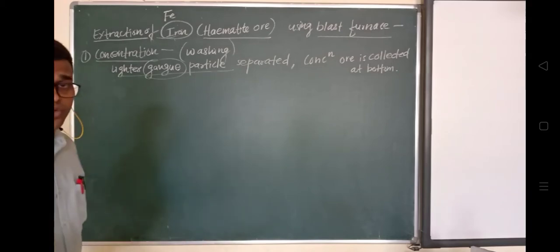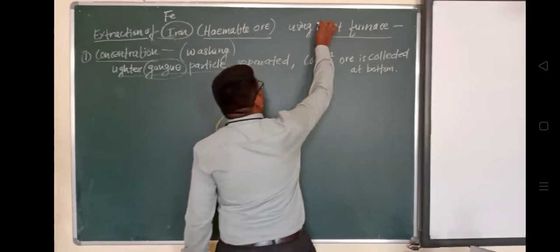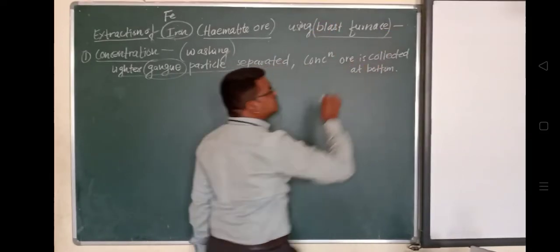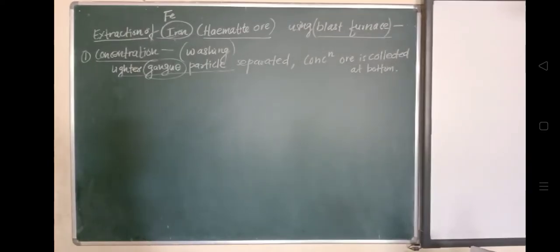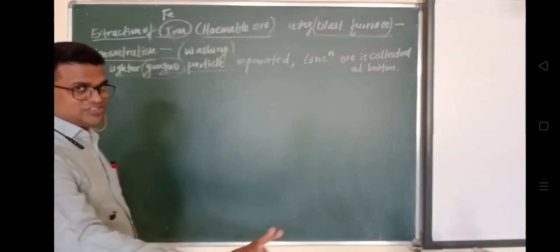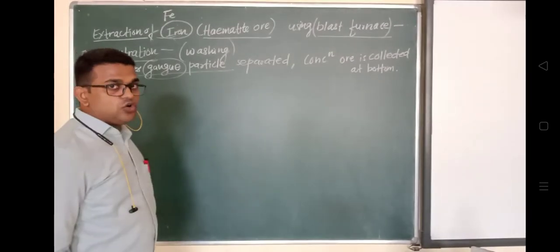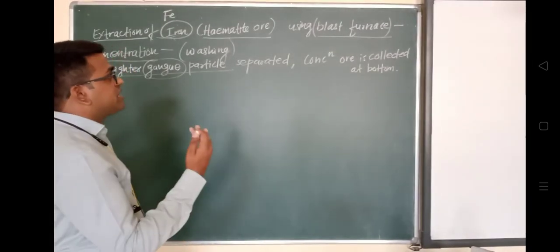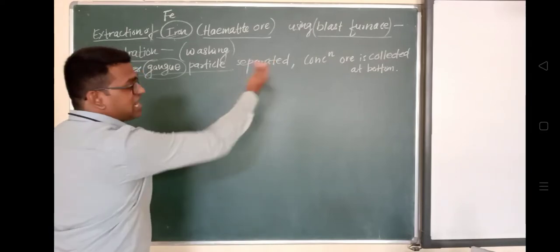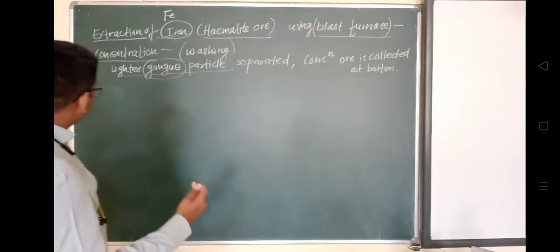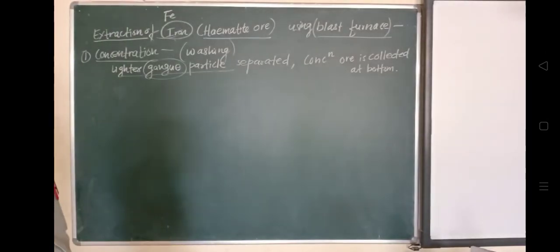Okay, because look here, this is a blast furnace. What is that? This is a blast furnace. So we will have to heat this in a blast furnace, in the presence of coke and limestone, as we said earlier. With coke and limestone, we will have to heat this ore. Where? In a blast furnace. It has different regions, which we will see.